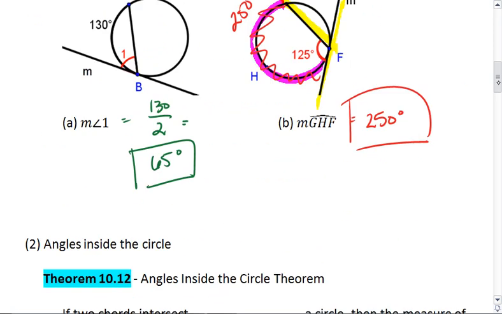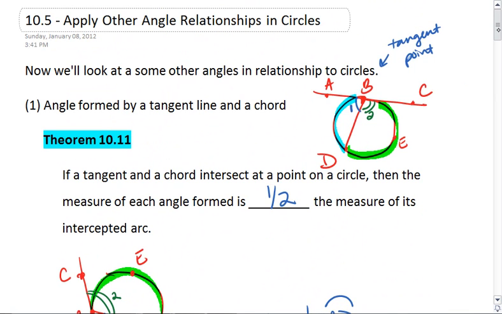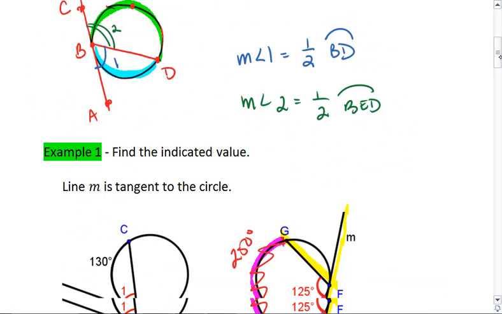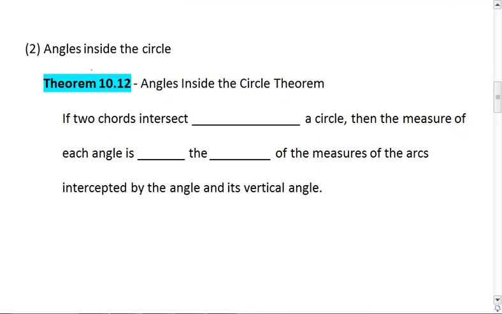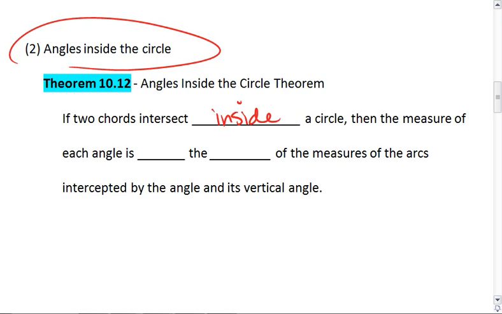So what we looked at above was an angle formed by a tangent line and a chord where our vertex is on the circle. Now we're looking at angles inside the circle. And these can be formed a number of ways. So theorem 10.12, the angles inside the circle theorem, tells us that if two chords intersect inside a circle, then